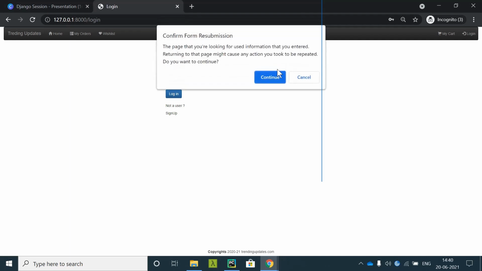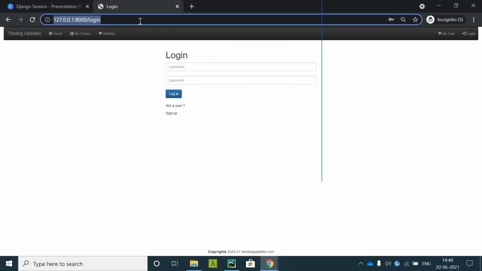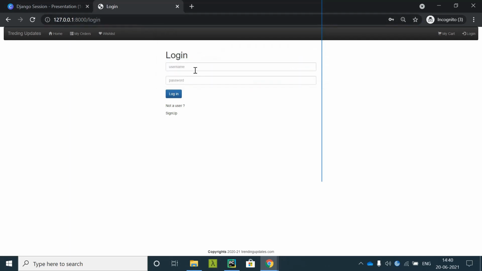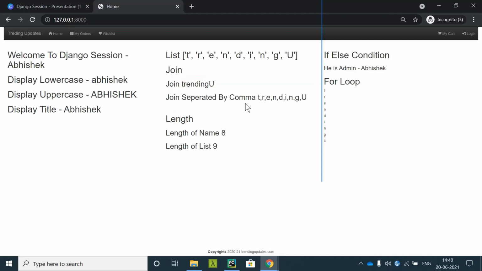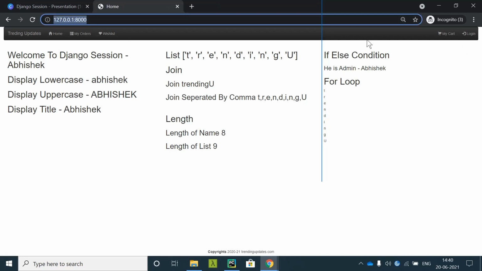Once I refresh this page, I click on admin, root at 123, and say login. See, once I say login, it got me logged in and then it pushed me to the home page. But you still see here login page, login over here.